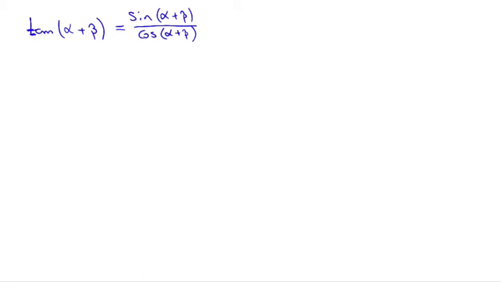All right. But we have identities for sine of alpha plus beta, which is? These are the ones you have to memorize: sines and cosines of sums and differences. I don't ask you to memorize the tangent one. I'll give that to you on the test. But what is sine of alpha plus beta? Sine of alpha cosine of beta, plus cosine of alpha sine of beta, all over